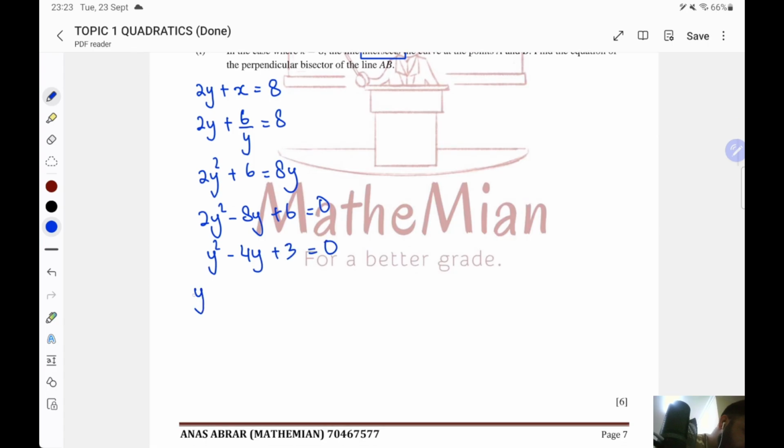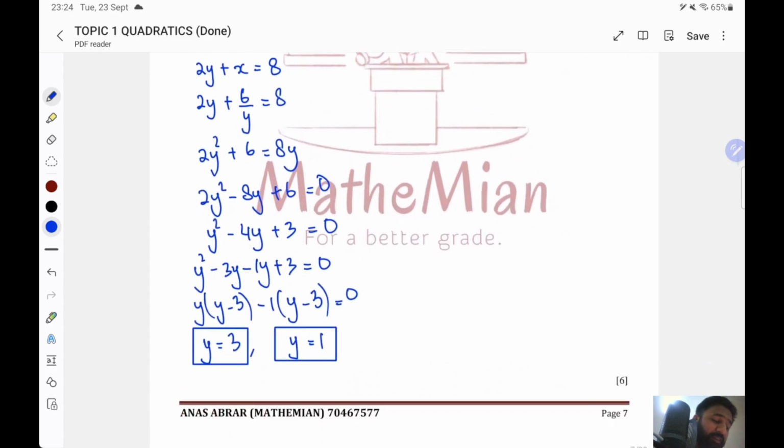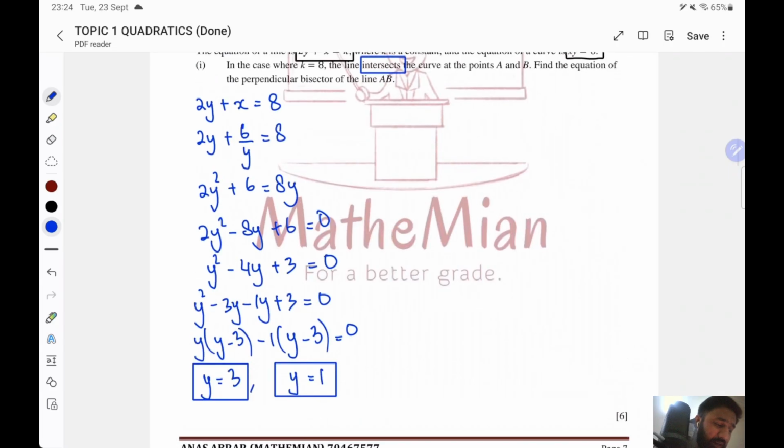We can find the factors of this. It will be (y minus 3)(y minus 1) equal to 0. So we can find the value of y. One value of y will be 3, the other value of y will be 1. So these are the values of y of the two respective points A and B, the intersection points A and B. So we can find the value of x